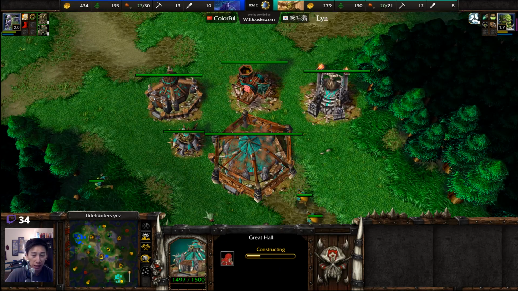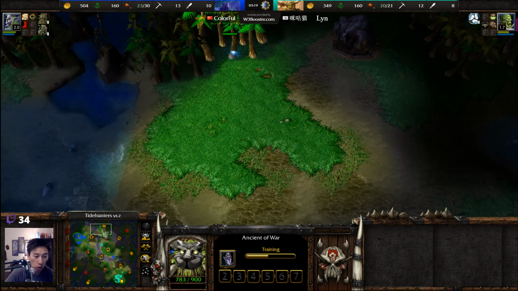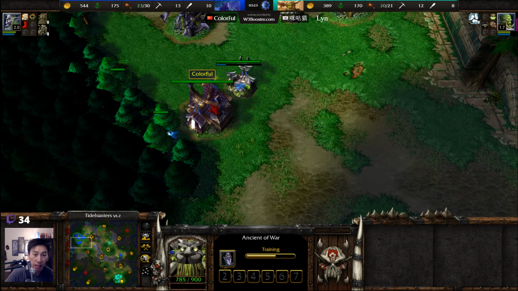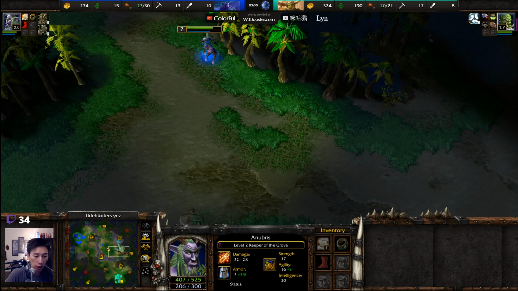We are teching to tier 2 by Lynn. Meanwhile, off to the north, Colorful, no tech to tier 2 as of yet, and I don't see any sign of a Tree of Life anywhere. So instead, transitioning into Huntresses early on and getting that Ultra Vision, increasing their nighttime